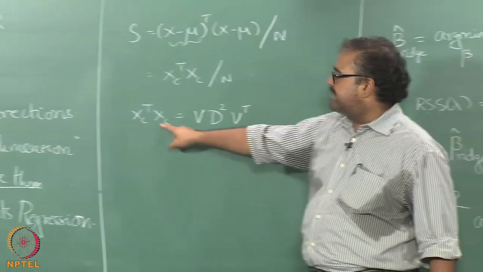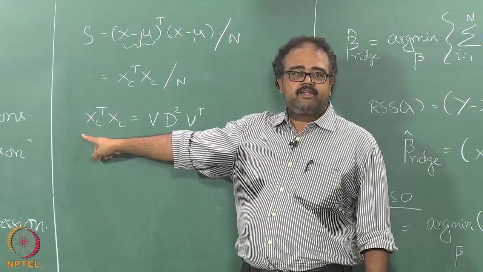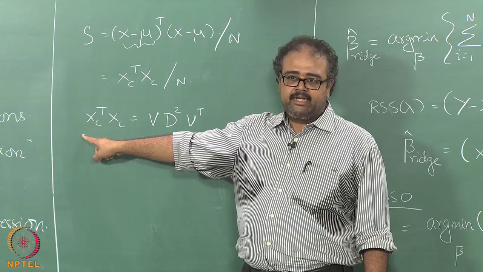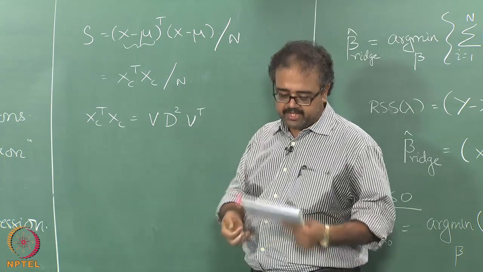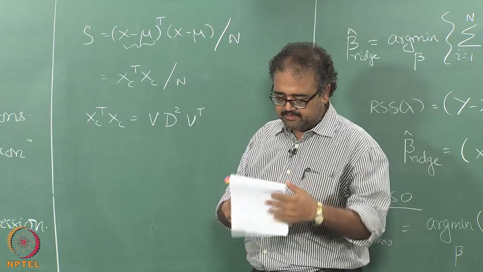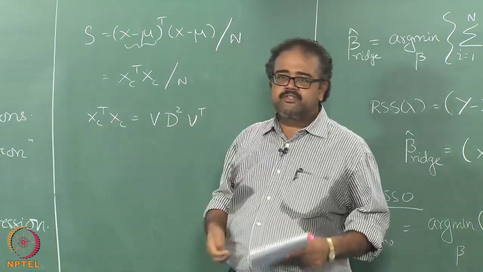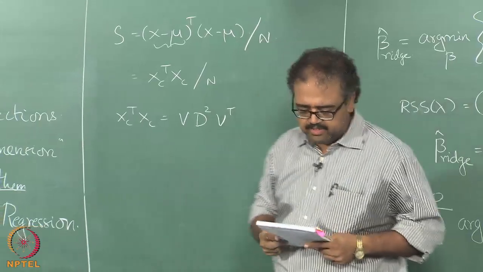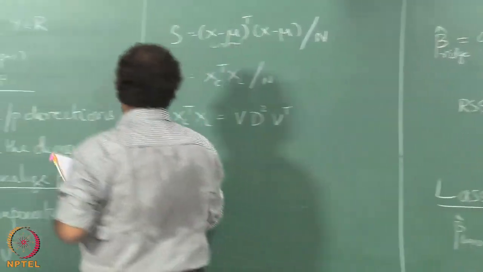I am taking X transpose X, which is the covariance matrix of the centered data, and finding the eigenvalue decomposition of that. Okay. So D squared would be the eigenvalues of X transpose X. This is standard stuff you should know. Okay. So the columns of